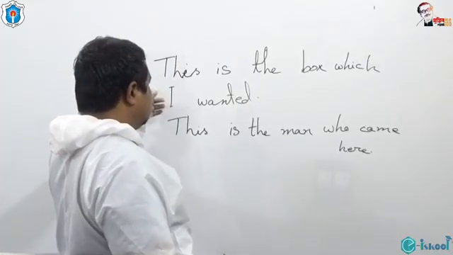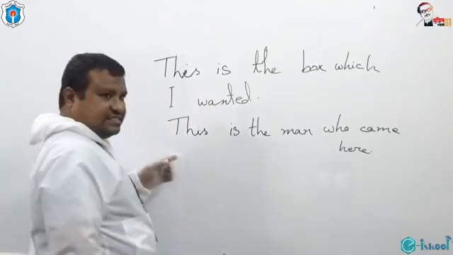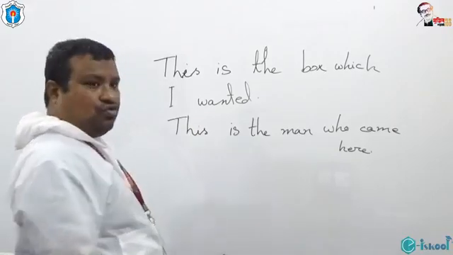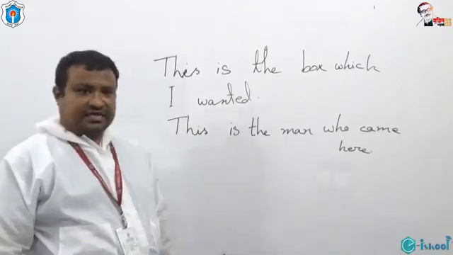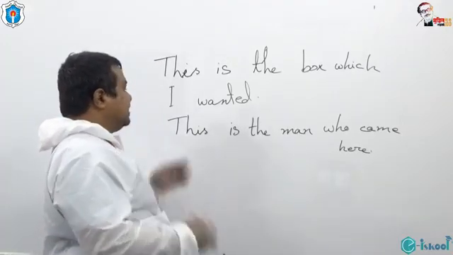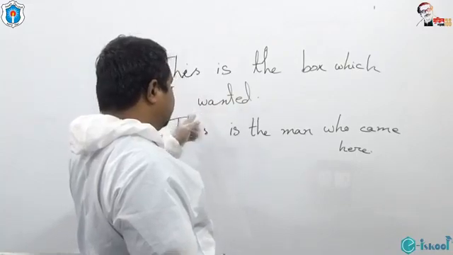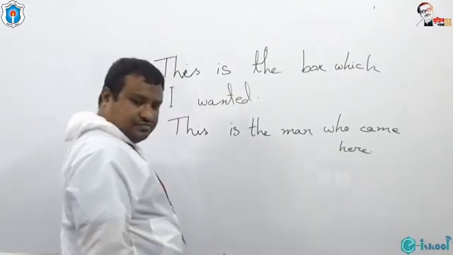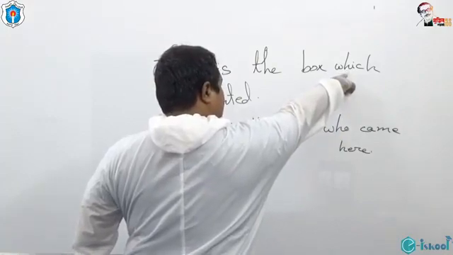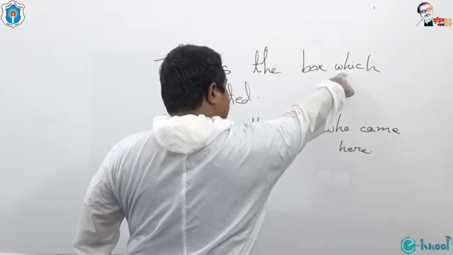So this is the box which I wanted, and this is the man who came here. Now, when I am saying that this is the box which I wanted, here this word which,